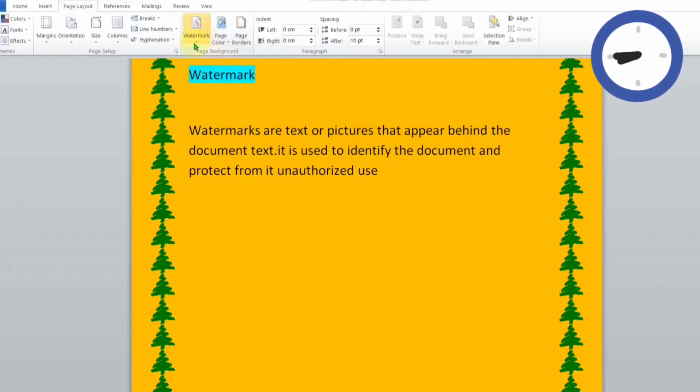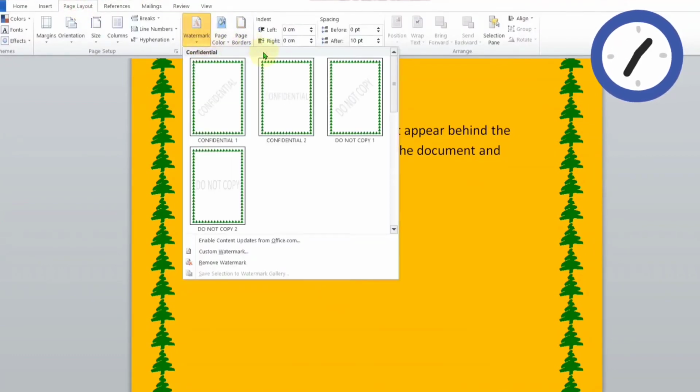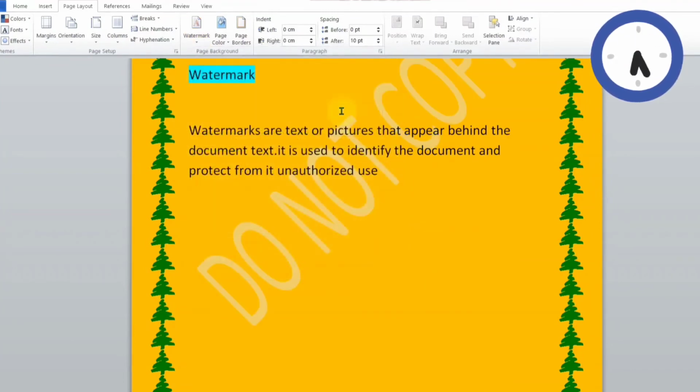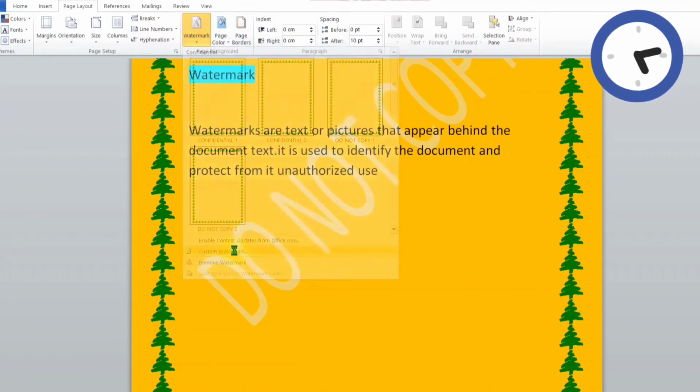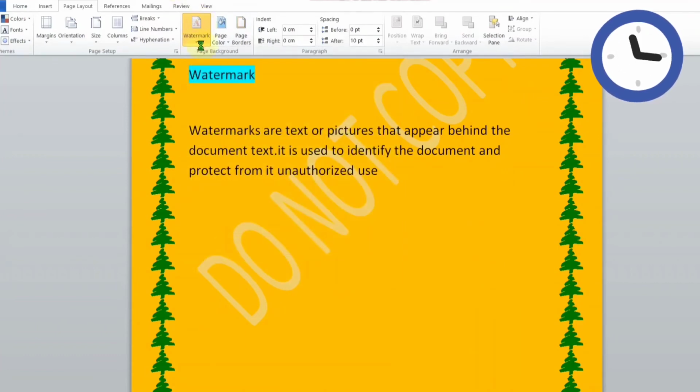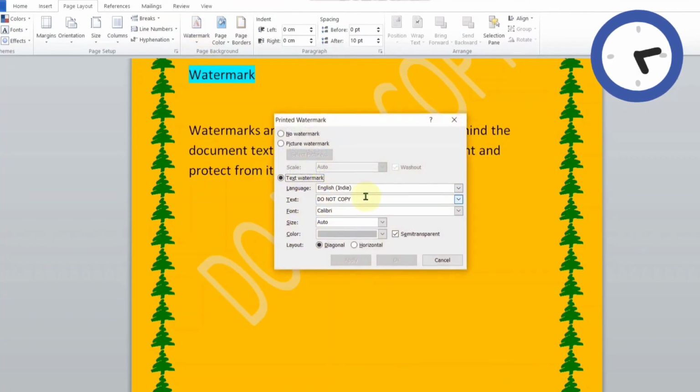From there select Page Background group and after that select Watermark option. Select a style from the drop-down list. Next, if you want to add more options like picture watermark, text watermark, color, etc., select from custom watermark option.